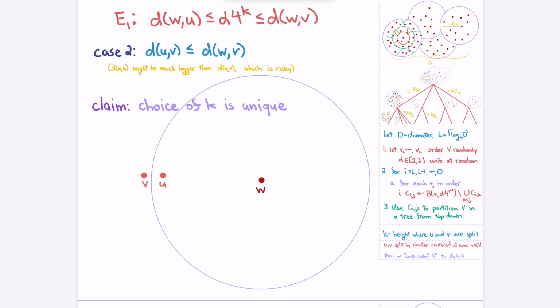Does anyone see at least intuitively why? Well, can anyone articulate intuitively why? W is at most like 4 to the K away from U, and then given that D is at most like 4 to the K, we get that the above is less than 4 to the K plus 1. Yeah, something like that. And I think we'll do it slowly, but it should capture the fact that when W